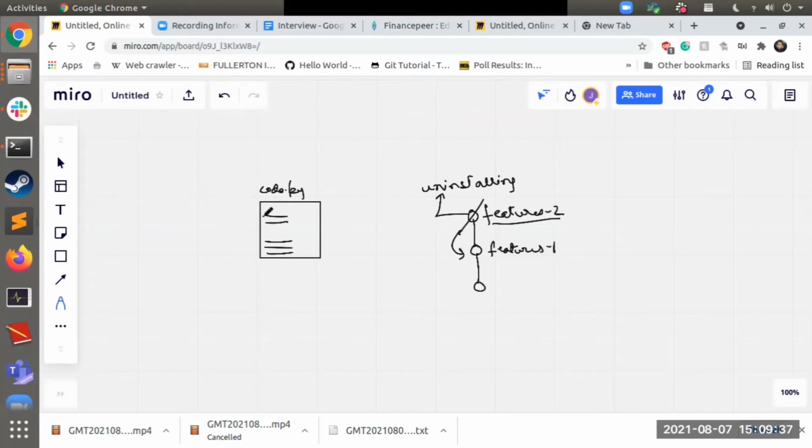Let's say these black lines are the features 1 that I added, and the red lines are features 2 that somebody else added. One way to correct this would be to open this code.py and remove the lines one by one. I'll take this and delete it, take this and delete it. That's one way to do it. But usually when we add a feature, we do not add only a few lines. We add a huge number of lines, and they can be interdependent on other pieces of code. So this is not a good practice.